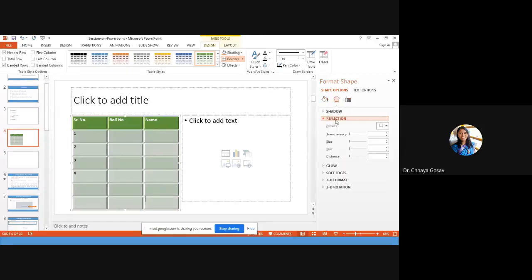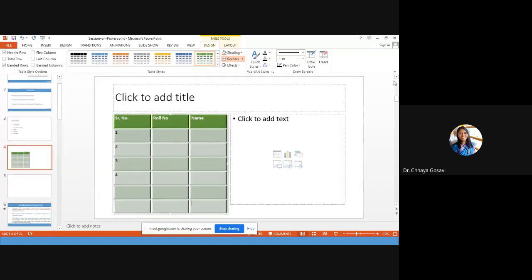If you want reflection, it is the reflection of the table at the bottom. This is mainly useful for graphics. If you add some graphics, it is not required for table format shape. What we need is how to add contents to the table. So here I can add any text or numbers, or I can add an image also.